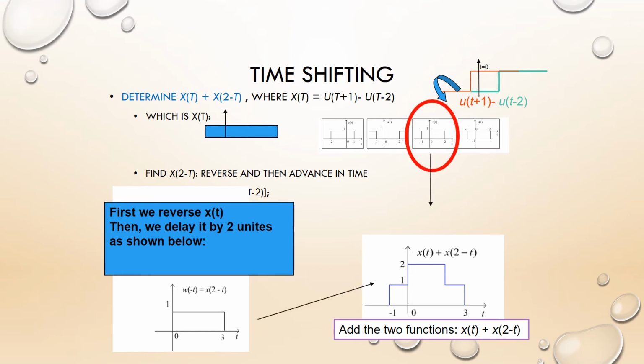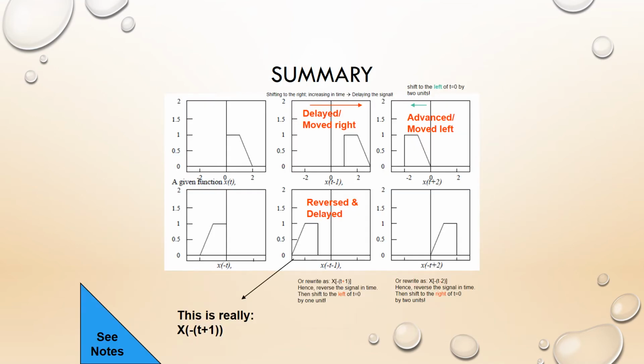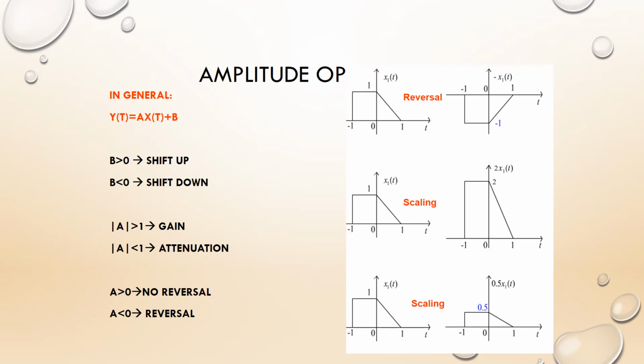Here it is. So x of 2 minus t, and we have clubbed x of t plus x of 2 minus t. So that is addition. Original signal and then added version. You can have like this: delayed, advanced, reflected and delayed. So in number of operations. This way you can have